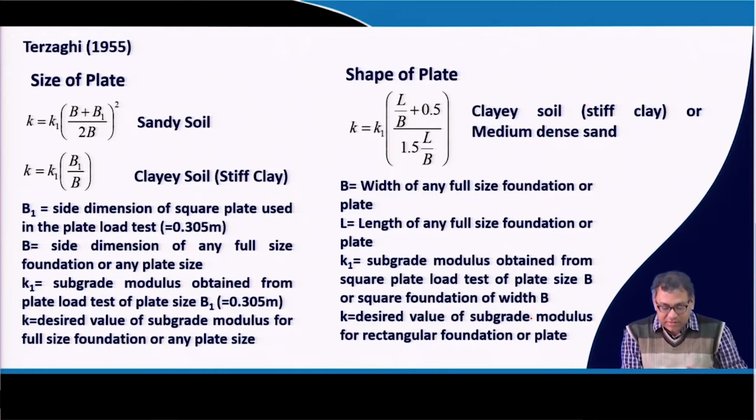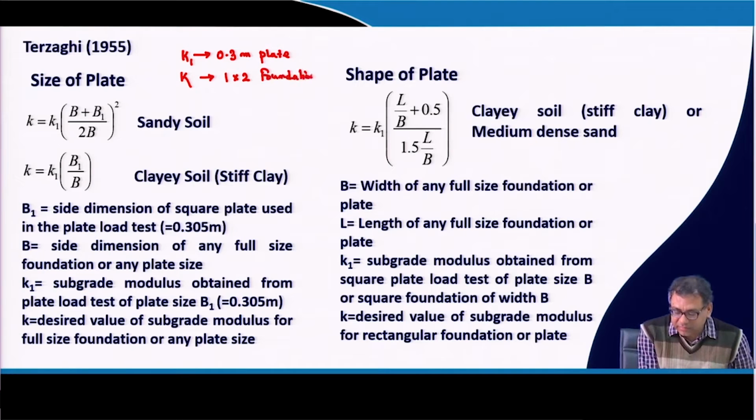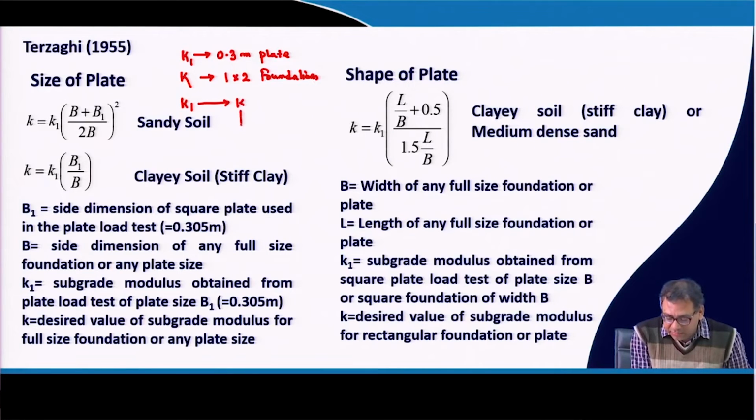So, that means first this is your measured K value, because you have done a test, K1 corresponding to your 0.3 meter plate, and you want to determine the K for a 1 meter cross 2 meter foundation. Then what you will do? First you convert K1 to K for a 1 cross 1 meter square foundation